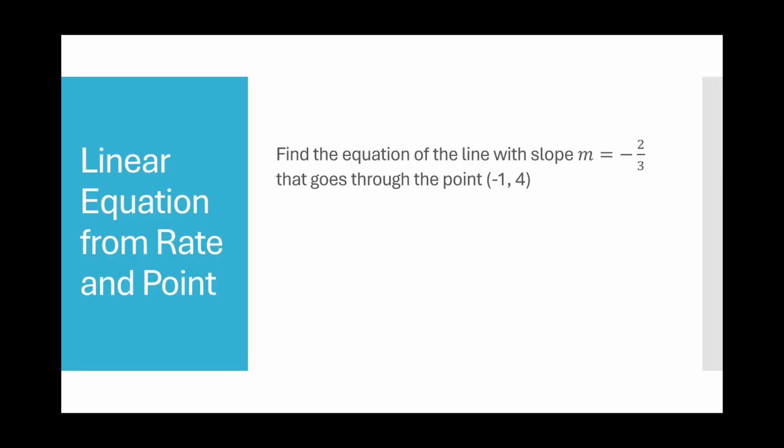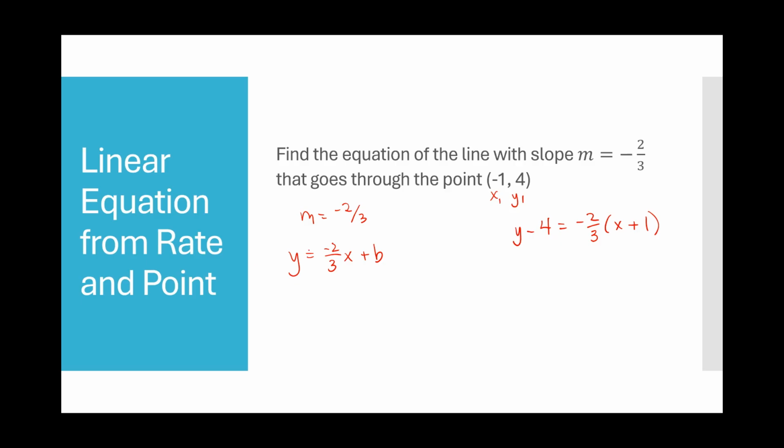So here we have a slope of -2/3 and a point of (-1, 4). So if I wanted to use my point slope form, I could be done in 2 seconds. Subtracting -1 turns into a plus. Done. Or if I would like to solve for b because I wanted it to be in slope intercept form,